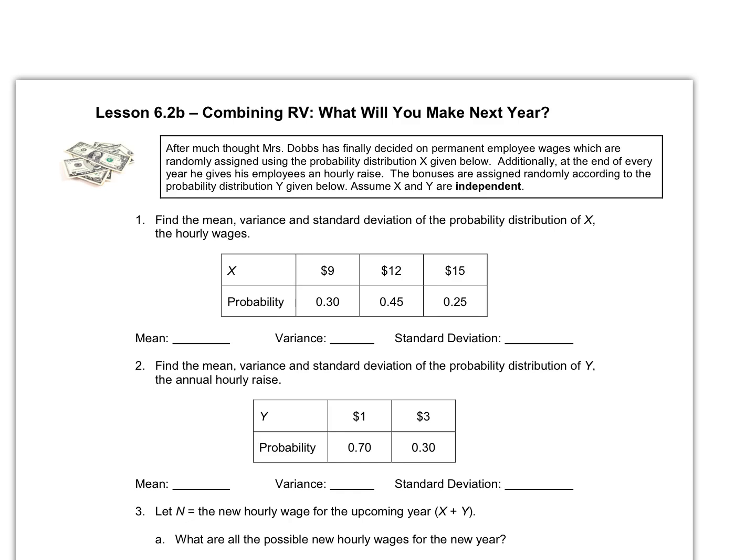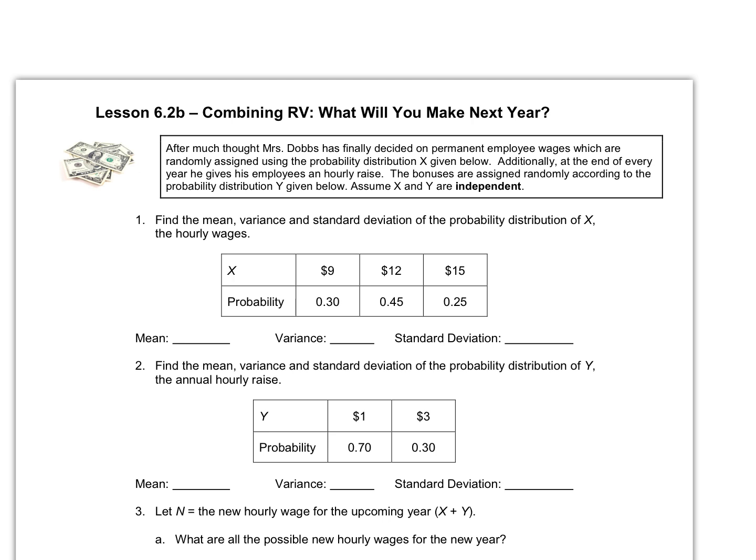I finally decided on permanent employee wages, which are randomly assigned using the distribution below. So you're still drawing out of a bag. Additionally, at the end of every year, she gives her employees an hourly raise. Bonuses are assigned randomly according to the probability distribution of Y, which is number 2. And we're going to assume that X and Y are independent because they are randomly selected, okay? That is an important piece that we'll come back to